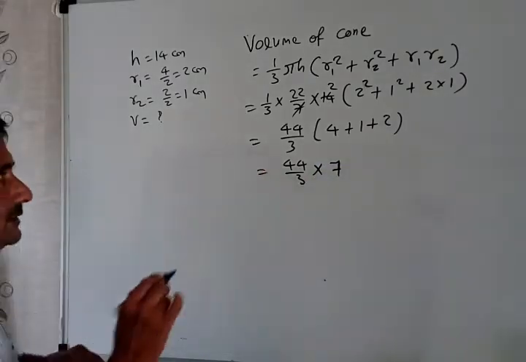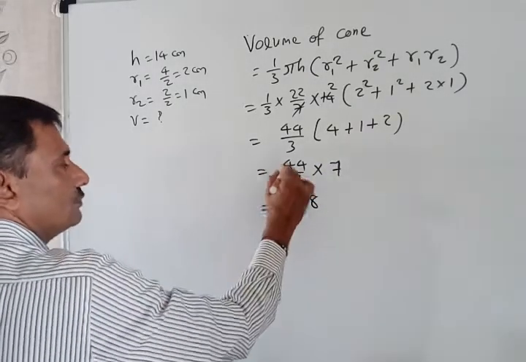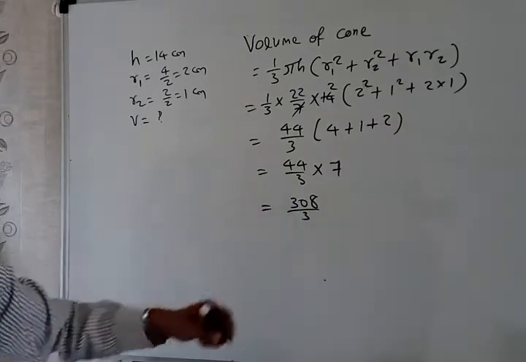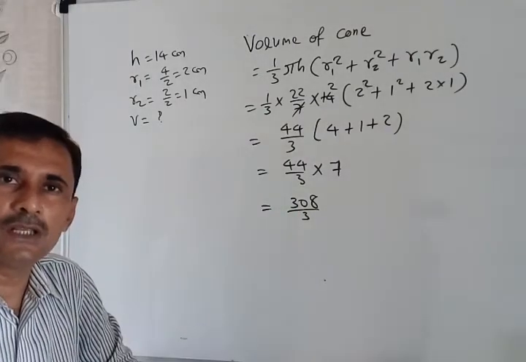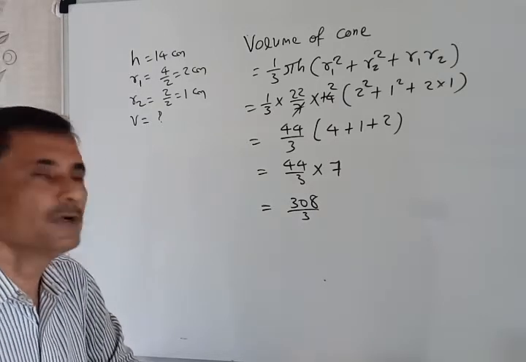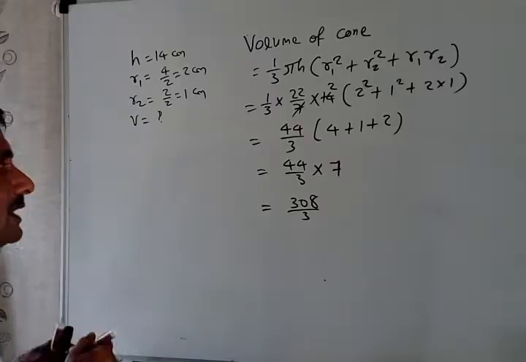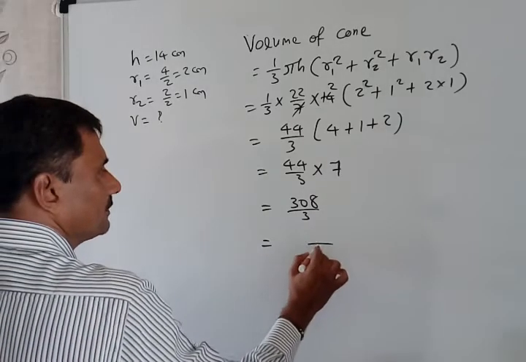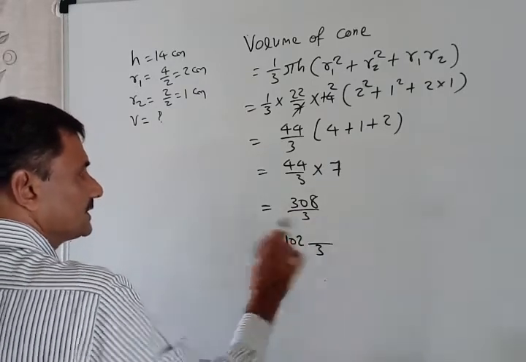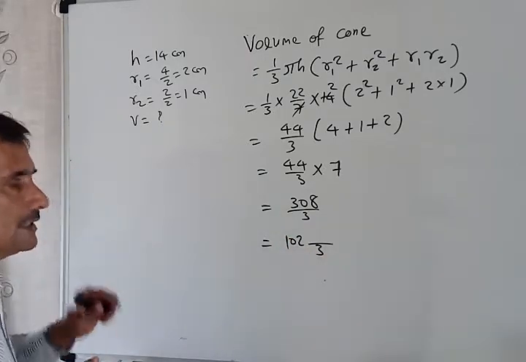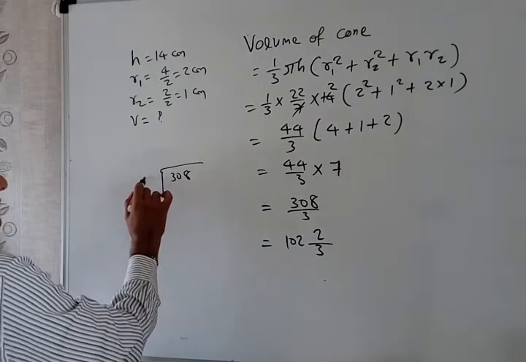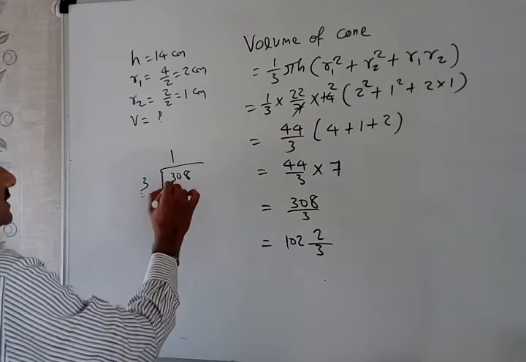Okay. Just multiply it. 7 fours are 28, 2. 28 plus 2, 30 upon 3. Okay. Now denominator 3 is given. If the denominator has a factor like 3, 7, 11, at that time we should not convert it into decimal. Just keep it as a fraction only. Otherwise you can convert to a mixed fraction also. Here 3 ones are 3, 0, 3 twos are 6. So 102 into 3. Obviously it is 306, left 2. Okay. You can just divide 308 by 3. How to convert it into a mixed fraction? 3 ones are 3.